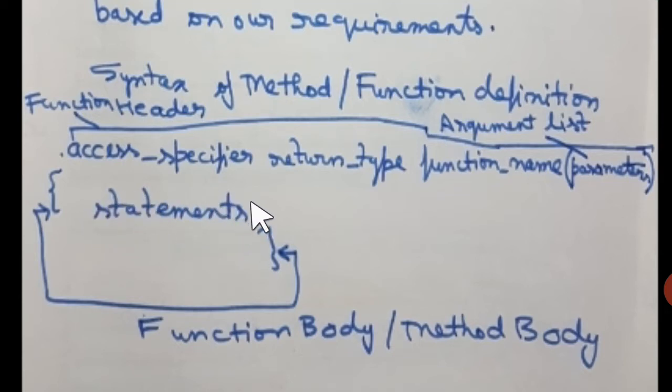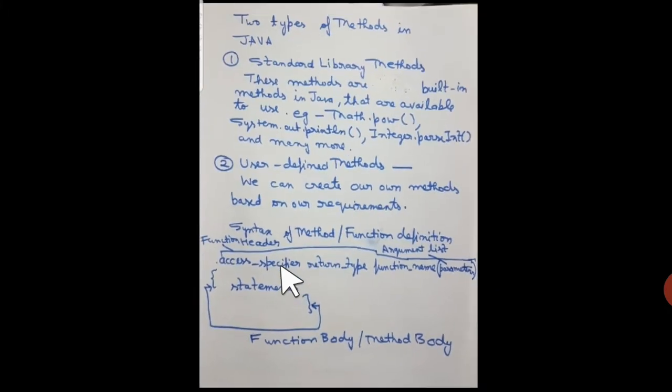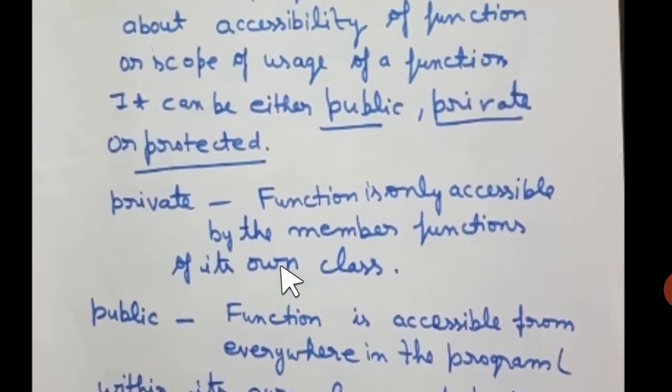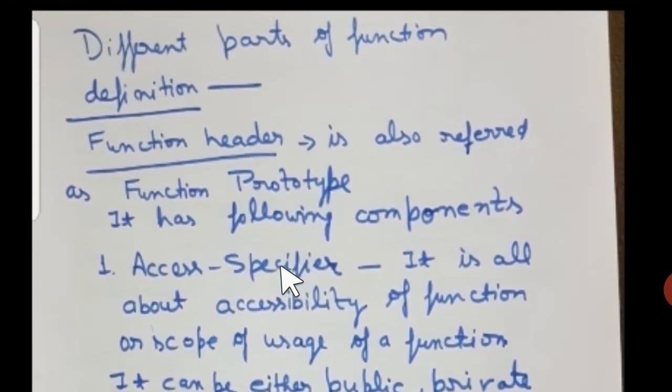Ultimately they are going to be executed to perform a certain task, and this is called the function body. It begins with this opening curly brace, and it is over with the closing brace. All right, I hope everybody has got the clear idea. That's great. After that, students, here we have different parts or the components of the function definition.